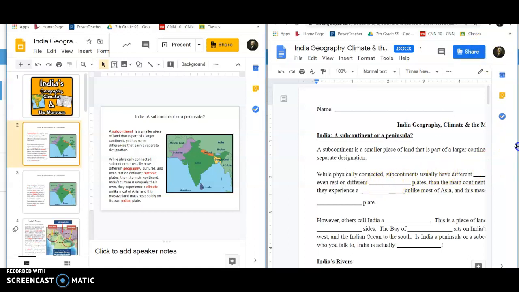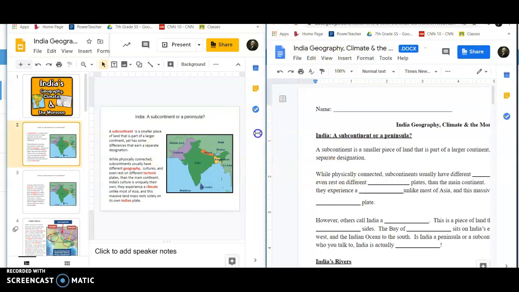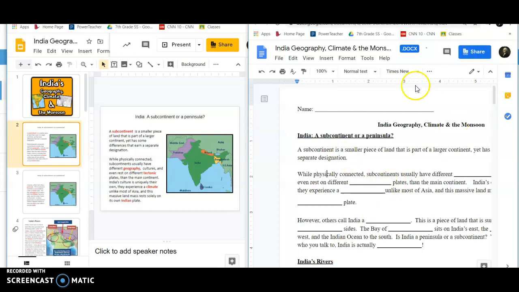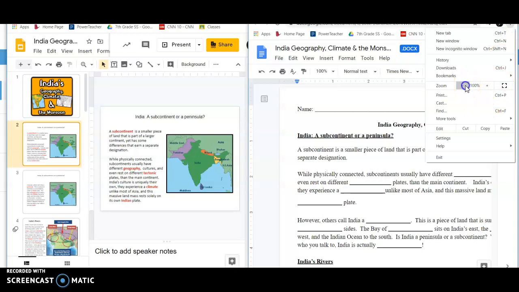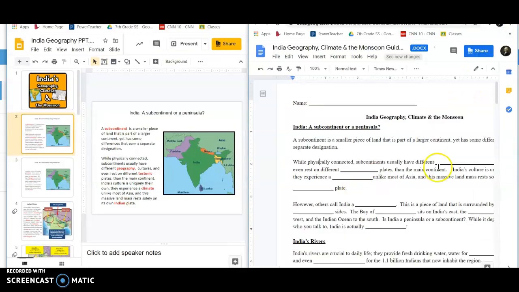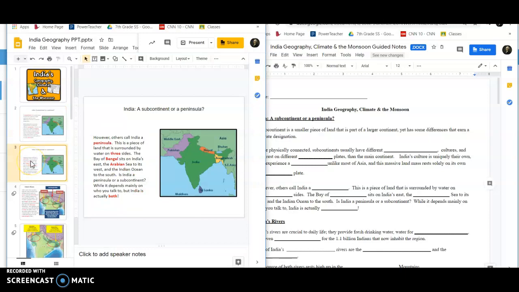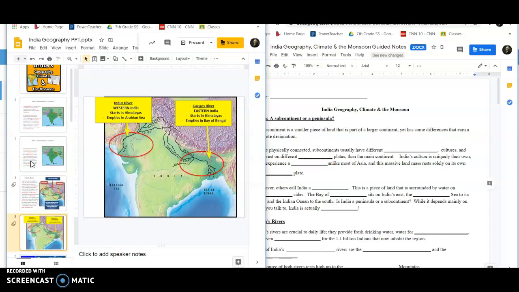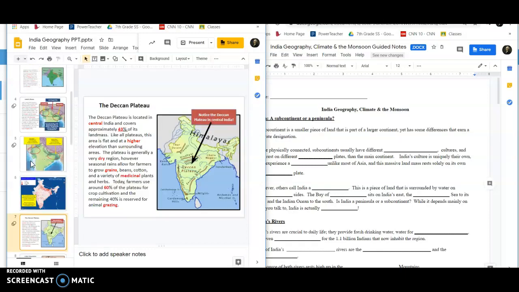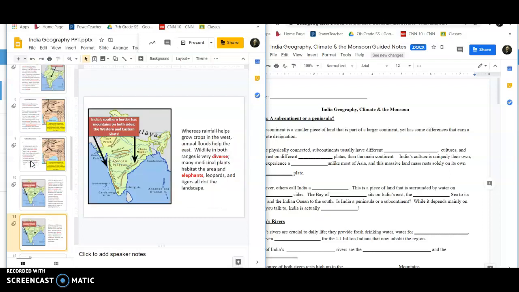So you can stretch this out. If this is confusing for you, you can just go back and forth between the two screens. You can make it smaller by coming up here and changing the size and then typing it in. So you decide how you want to do it. It's totally up to you. So you're going to go through and you're going to read through the PowerPoint and then fill in the guided